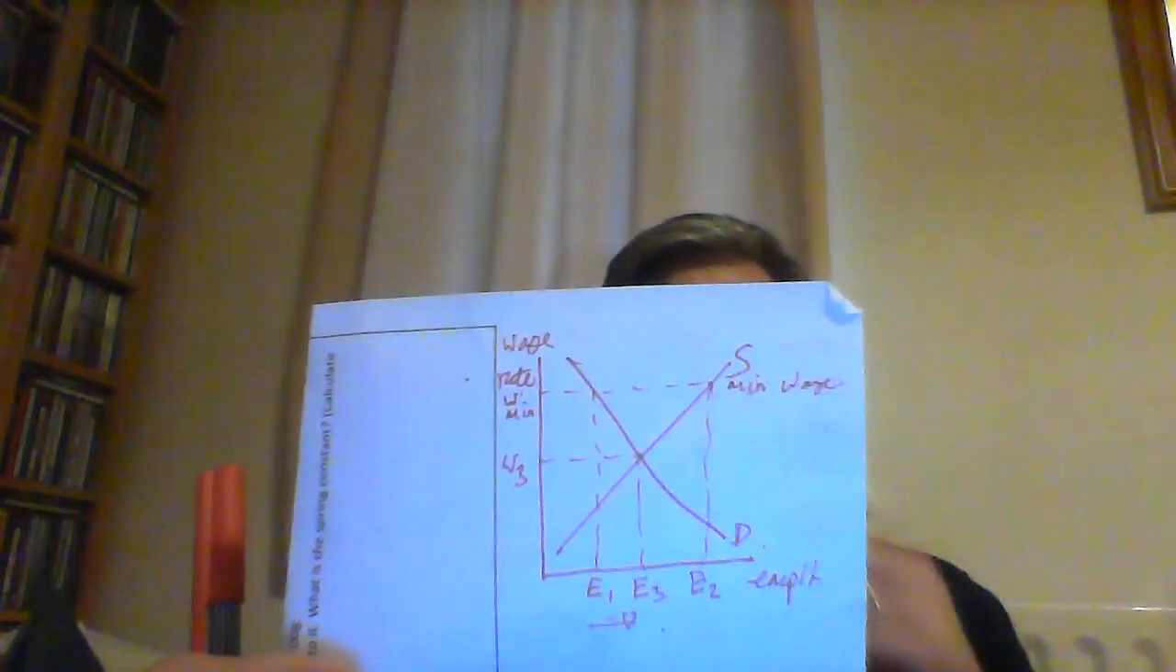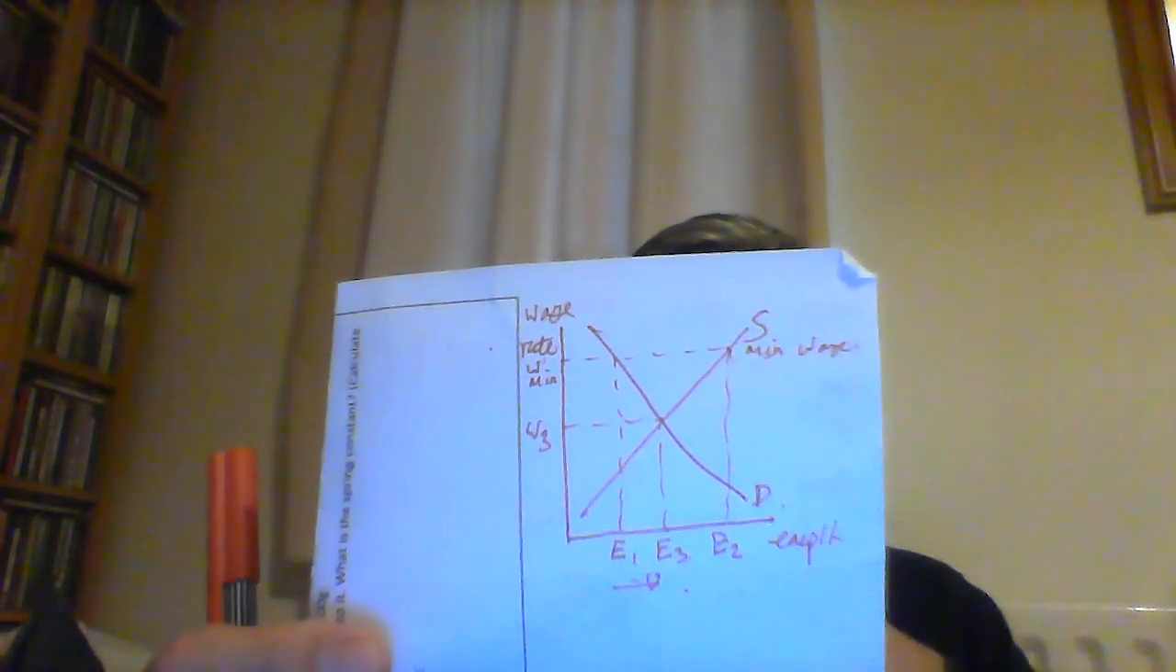So, as you remember, for a minimum wage to be effective, it needs to be set above the market clearing wage rate. So again, don't be afraid to just pause the video, or maybe just draw it out yourself, and then I can describe it to you. So basically, the minimum wage means that there's an excess supply in the labour market of E1 to